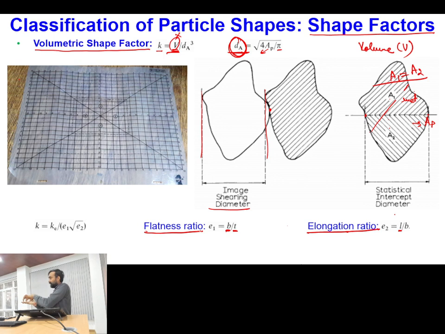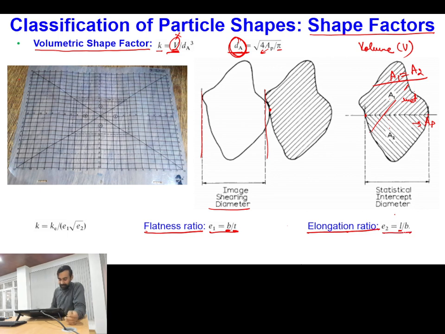Okay, and then another plane you have placed perpendicular to that. That will give you B. And when you place the third plane which is perpendicular to both, that will give you L. Okay. So based on that, we can define the flatness ratio, which is B by T, and